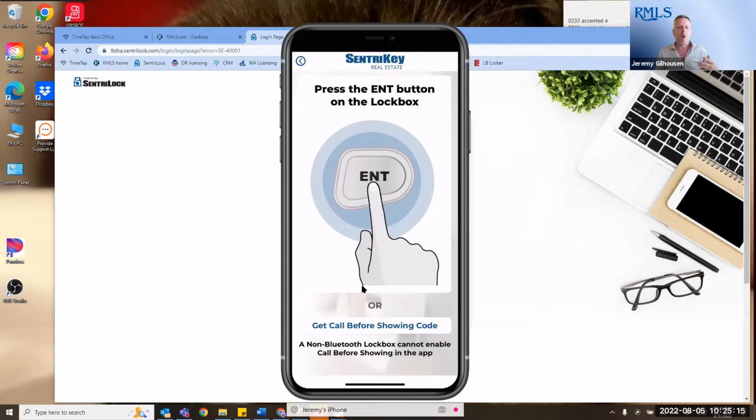we're done. Once it's activated, we need to provide a call before showing code to anyone that is going to show this property. And we'll talk about how you get access to opening the lockbox, because otherwise, anyone who's a SentriConnect user has access to this lockbox, unless we activate call before showing mode. With call before showing mode, if someone schedules a showing with us, we need to come to our SentriConnect,